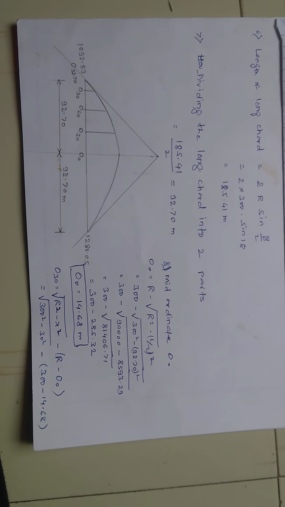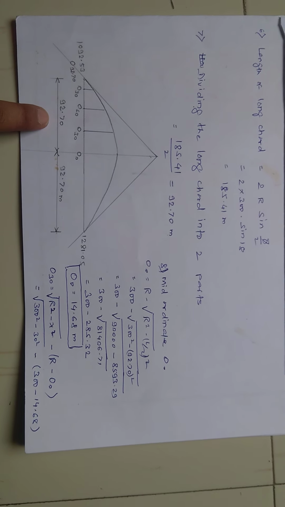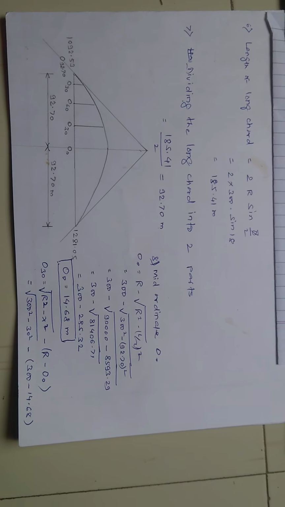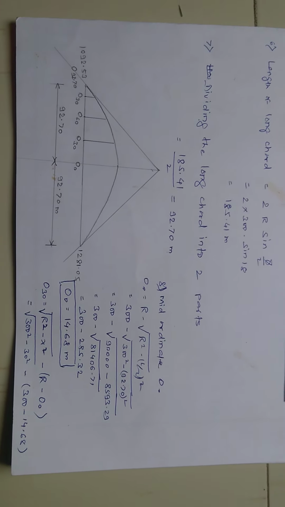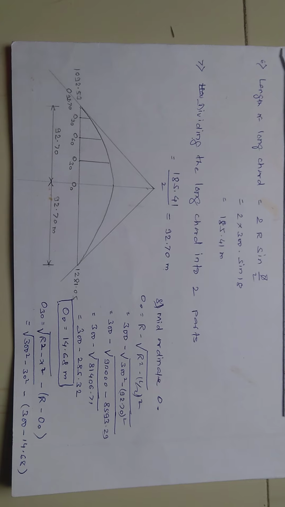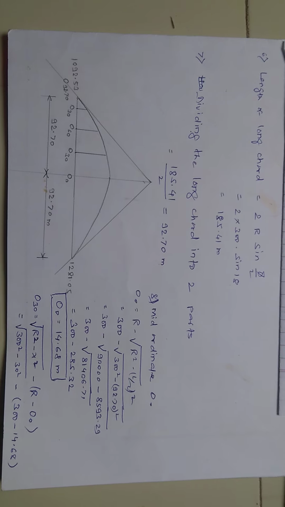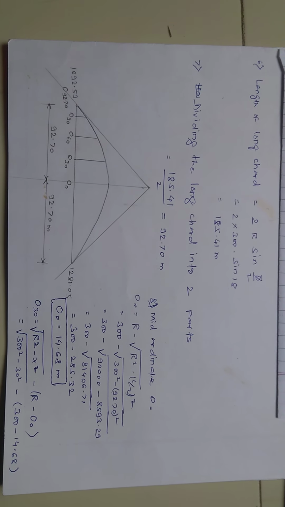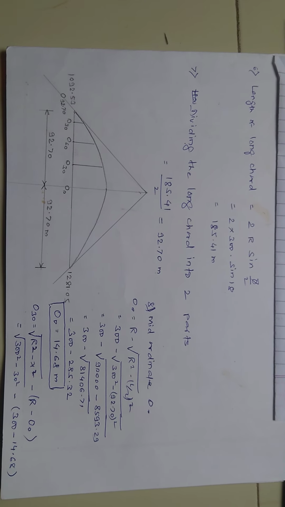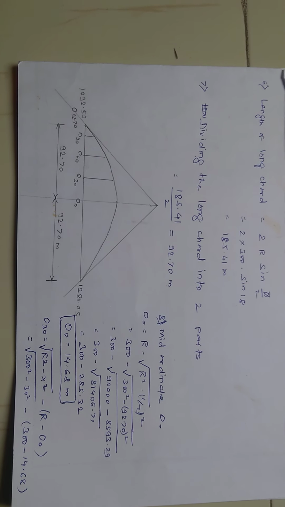Okay, now see this sketch. In the sketch I have shown the left part as 92.70, right part as 92.70 meter. Okay, then in the next step find out the different ordinates at interval of 30 meter, as the peg interval is given as 30 meter. Now first we will find the mid ordinate. The mid ordinate O0 is equal to R minus under root of R square minus (L by 2) square. Okay, put all the values. From this I get the value of mid ordinate as 14.68 meter.